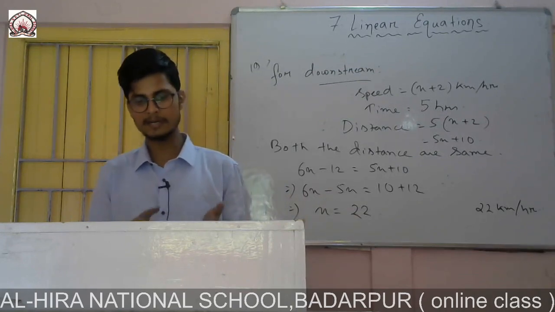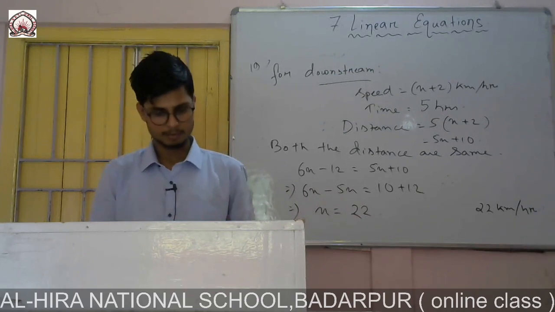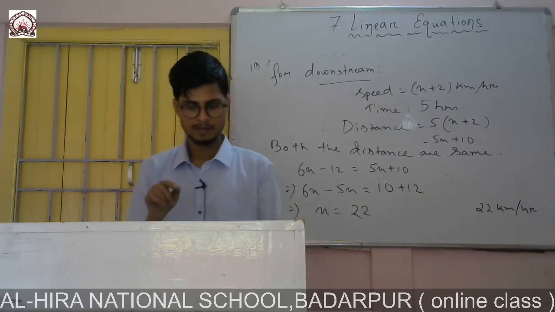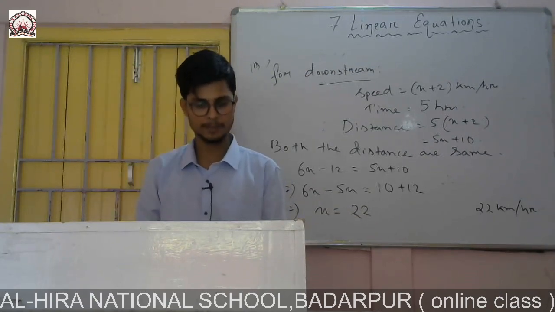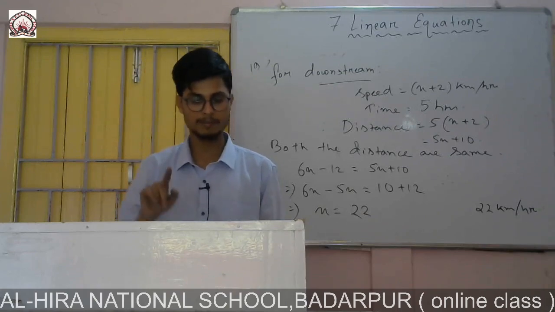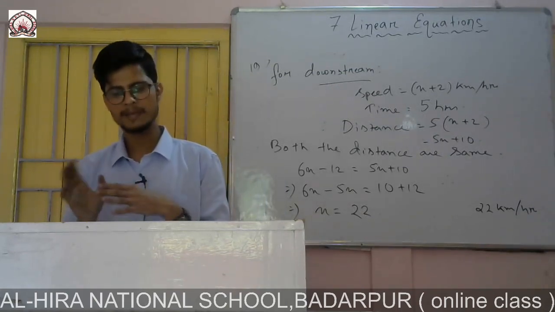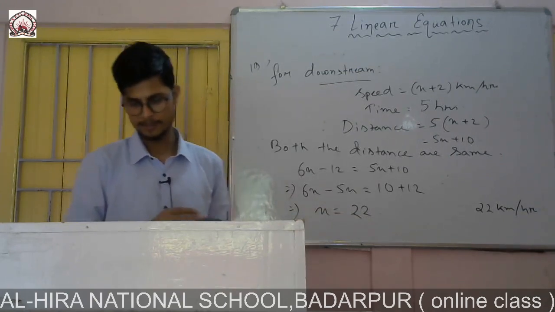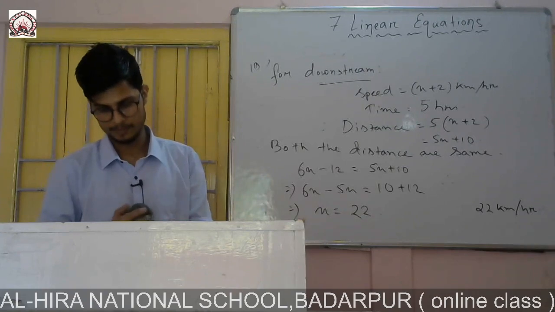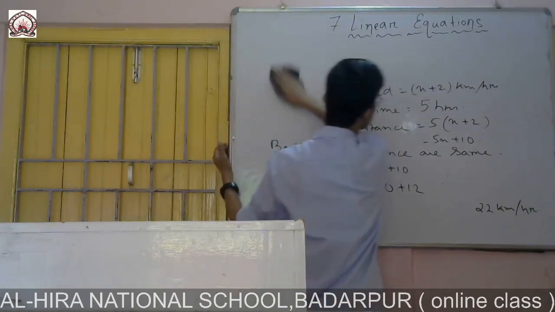So first of all we will let the total number of 10 rupee cards be x. Since all of them are given in comparison to the 10 rupee card, the 5 rupee card is given as 2/3 of the 10 rupee card, and the 15 rupee card is given as 1/5 of the 10 rupee card. So I will take the 10 rupee cards as x, and if I find the value of x, then I can find how many cards were of each type. Okay, so we will write